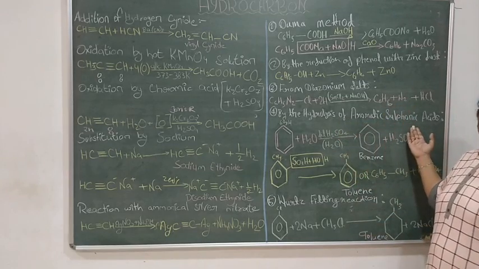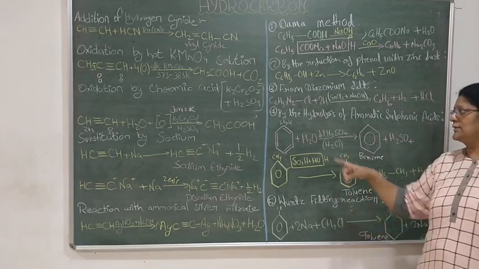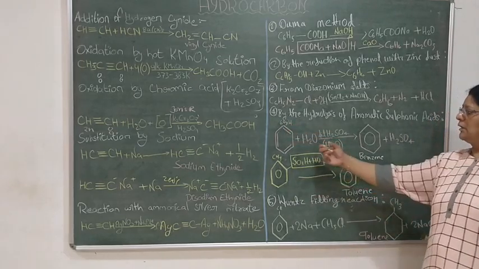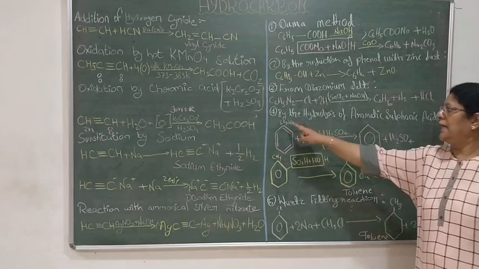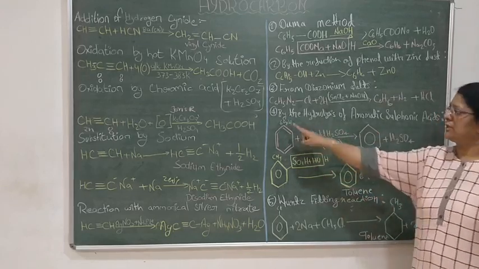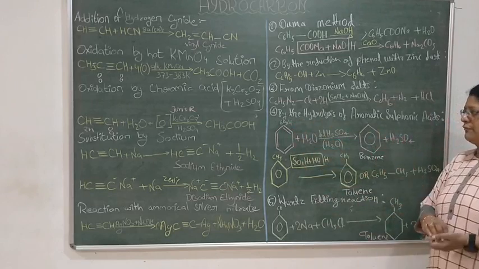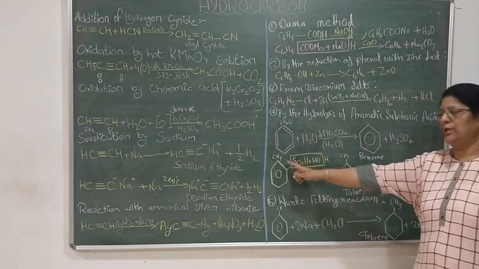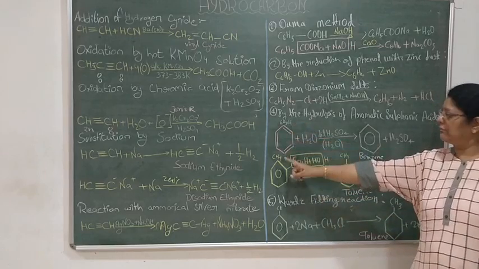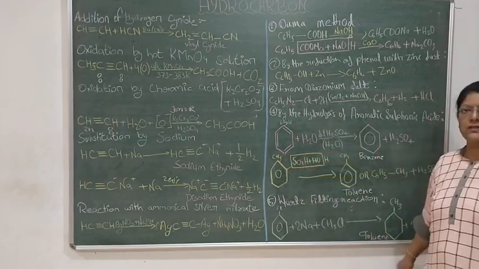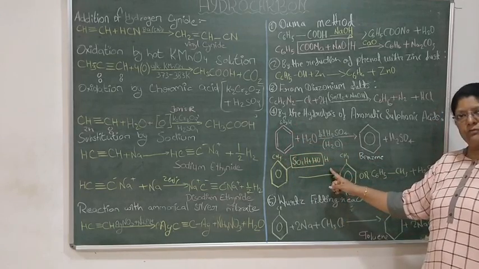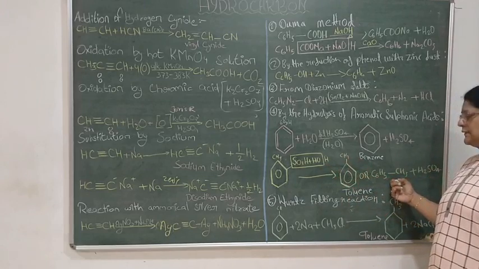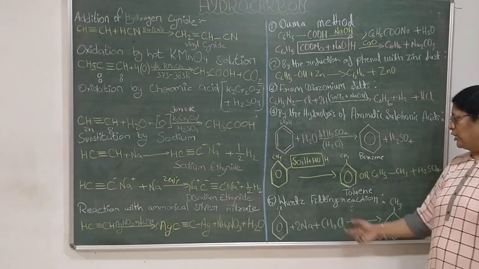Now by the hydrolysis of, what? Ammonical dilute sulfuric acid. So it is benzene sulfonic acid, SO3H, being reacted with H2O. H2SO4 will come out and H will attach here and benzene will form. Same thing is happening here also. SO3H and toluene. Here we have formed benzene, here we will form toluene because CH3 is attached here. Again we will react with H2O. Then toluene is formed, or you can write C6H5CH3 plus H2SO4.